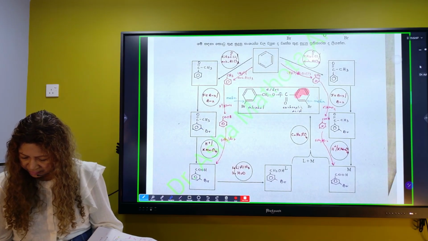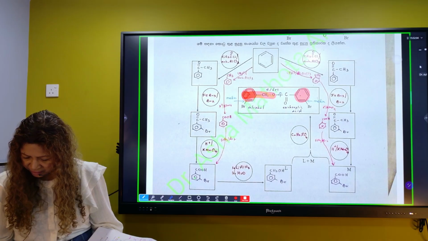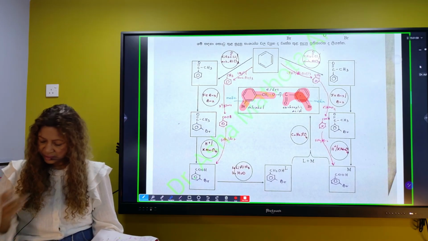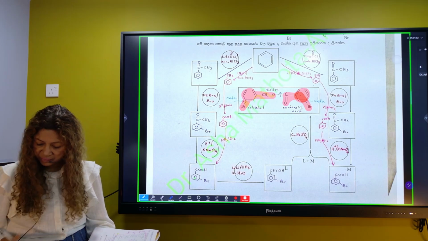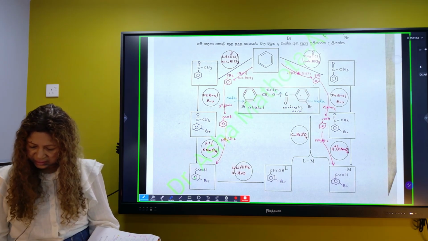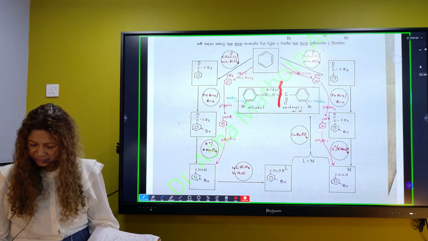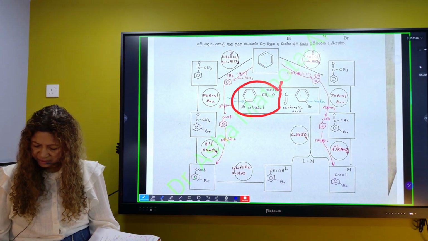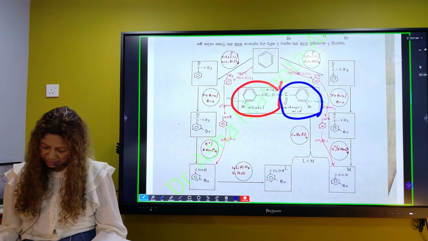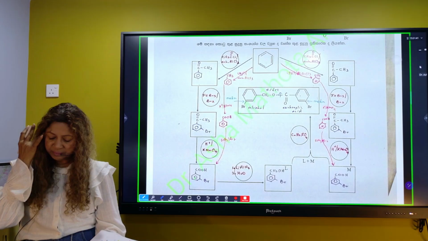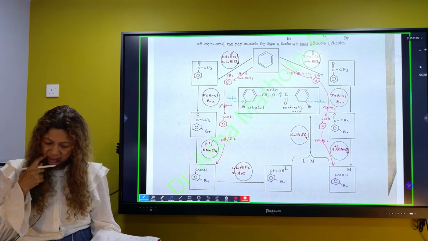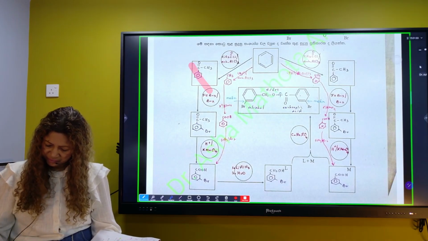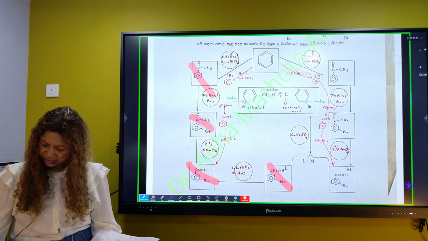Look, there is a benzene with one group here, and it is meta, and again another group that is meta. So we can start from something common, it's very obvious. And then you guys see this ester part here. So we're going to make this alcohol and then this carboxylic acid separately. This side has 1, 2, 3, 4, and then the other side is having 1, 2, and 3.